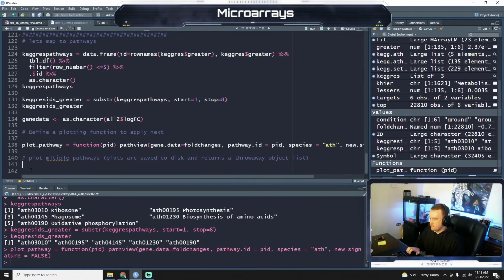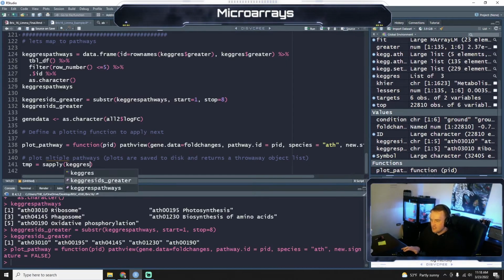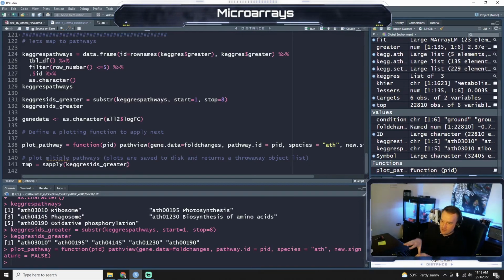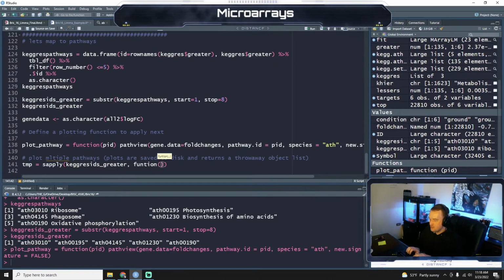So it's going to make a temp file while it's writing it. So we'll say temp is sapply, so apply to all of these 5 pathways. So it says go over the list, KEGG pathway IDs. So go over everything in those 5 variables and use them in the function PID,